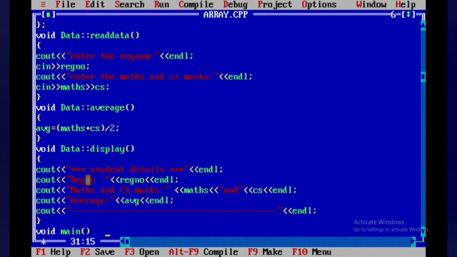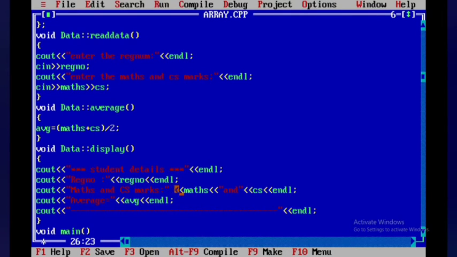When a variable name is inside double quotes, then on the console output screen it is displayed as a statement. When we have not used the variable name inside double quotes, then it's going to display the value of that variable. Okay, so if register number had been in double quotes, it would have been displayed as a statement. So now I have not included register number inside double quotes, so that it's going to display the value which is stored in that register number. Okay, then endl.